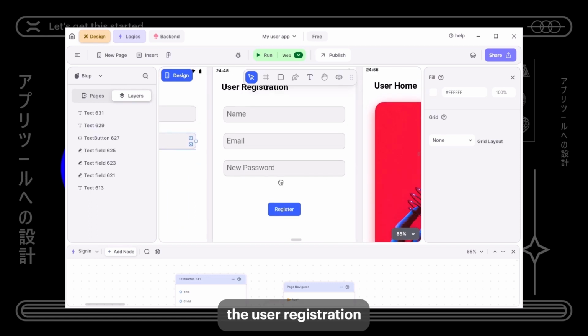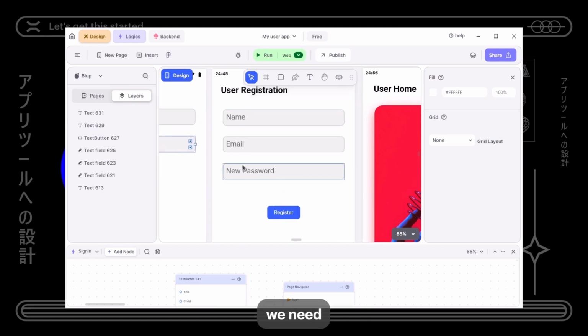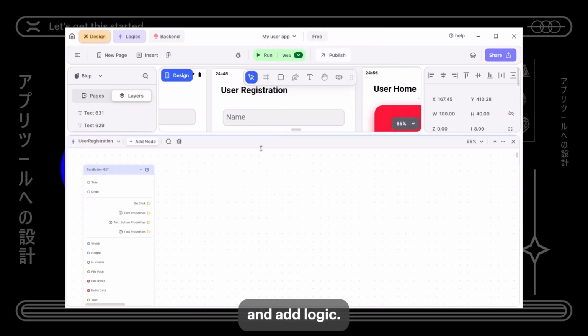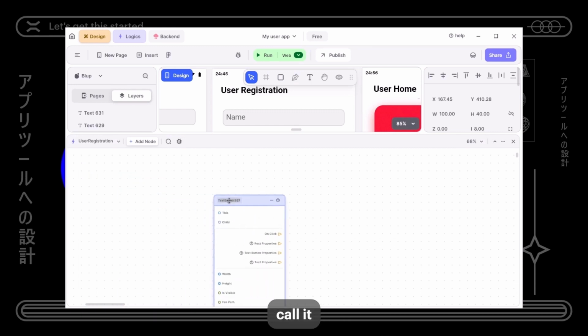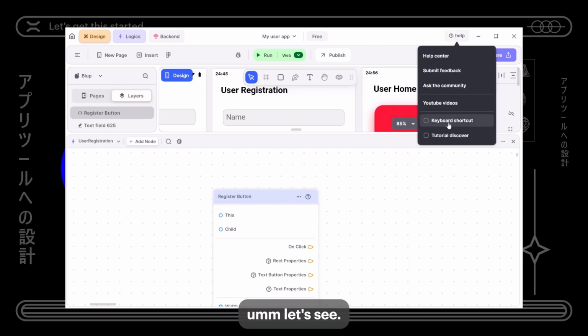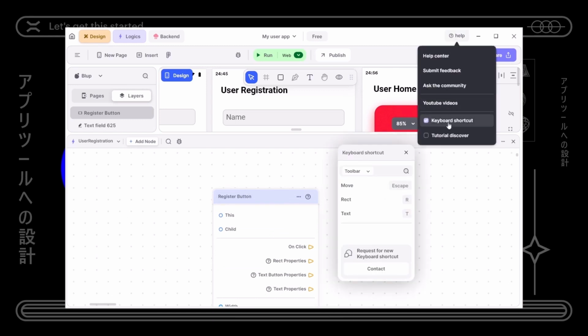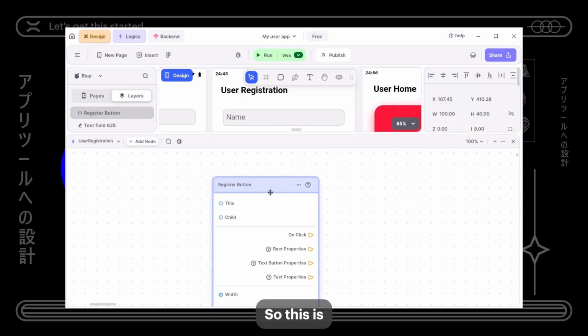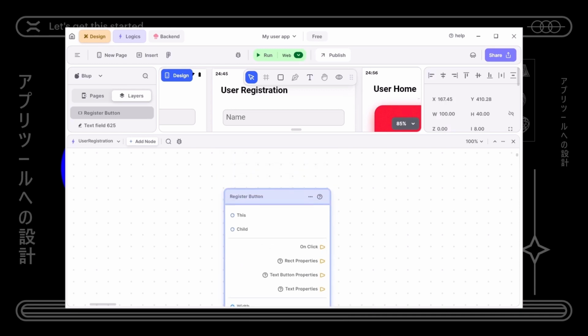So for the user registration, we need name, we need email, we need new password, and a register button. So for this, let's just right click on the register button and add logic. So let's call it just a button. Let's see. Okay, so this is the registration button,